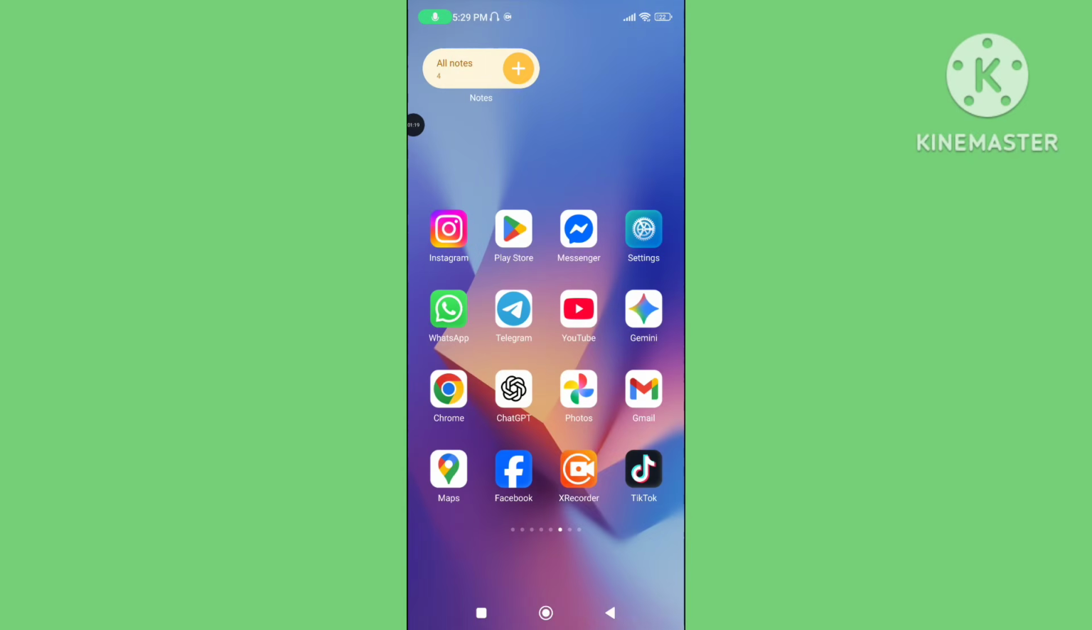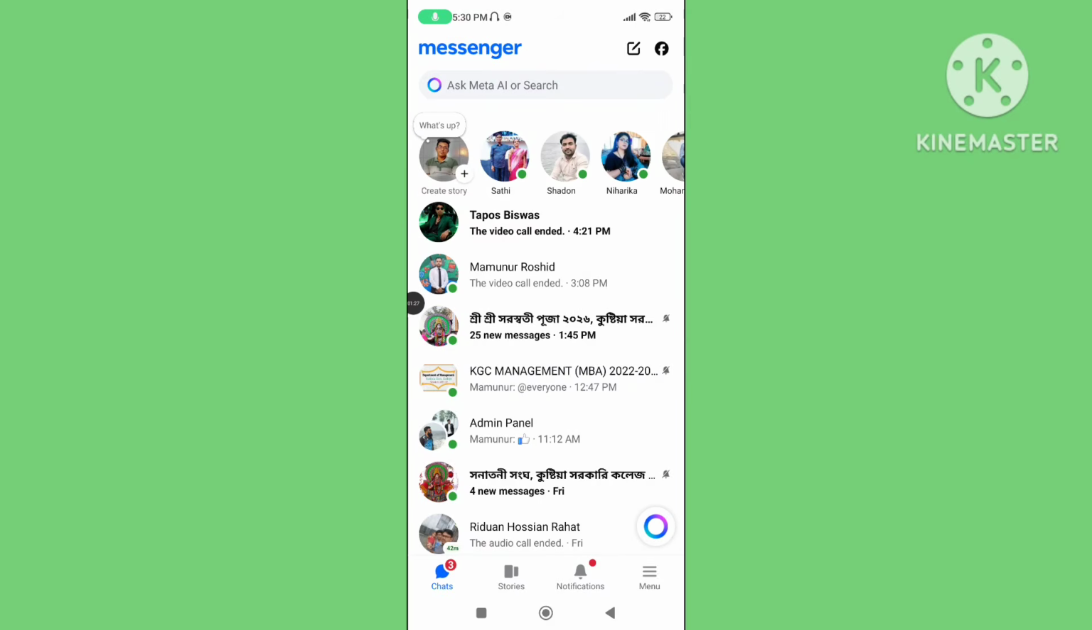Step 3. Restart your device and open it again. Step 4. Open your Messenger application again. You can follow all of these steps to fix the unable to load camera roll problem in